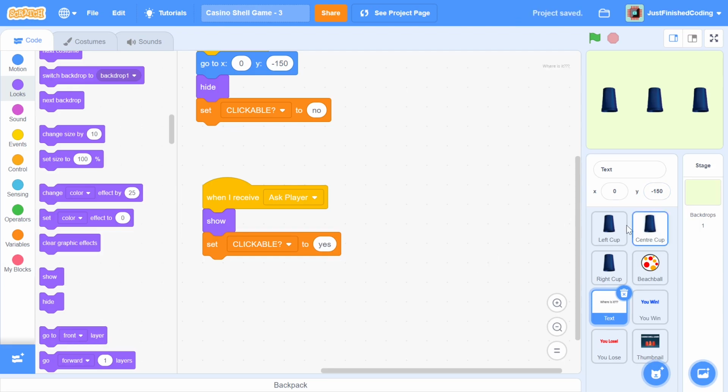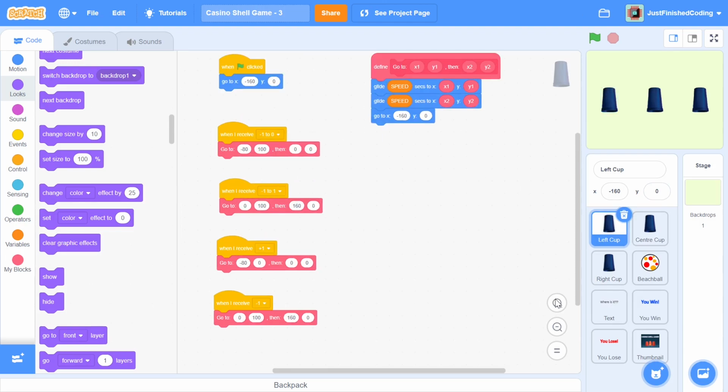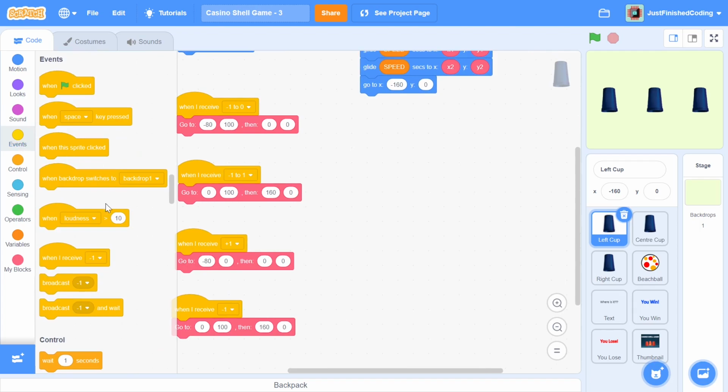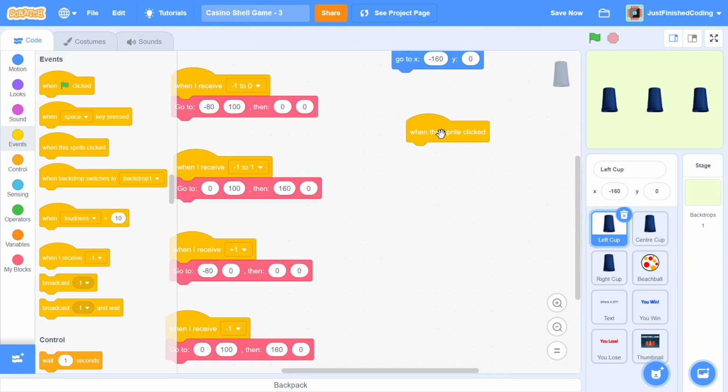So what I'm going to do now is go to the left cup and do the code right here. I will go to events, and then I'm going to grab a when I receive, not actually when I receive, but when the sprite is clicked. This is crucial because this is where that clickable variable really starts to come in handy.